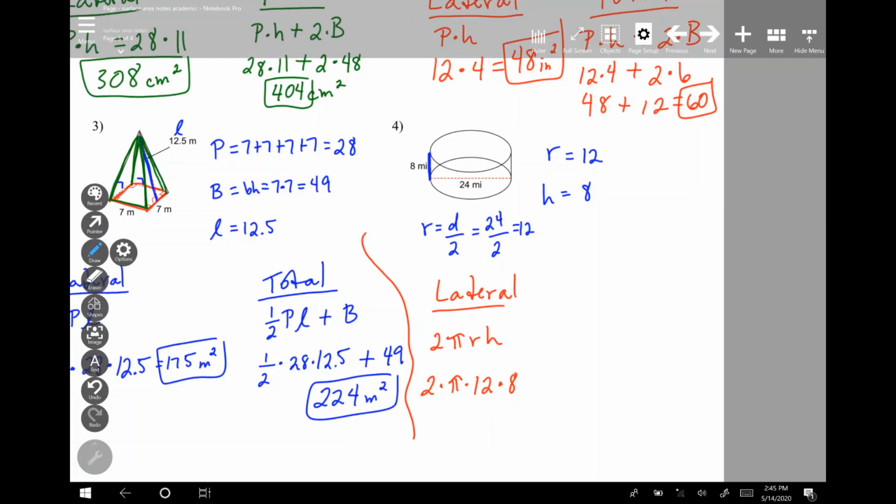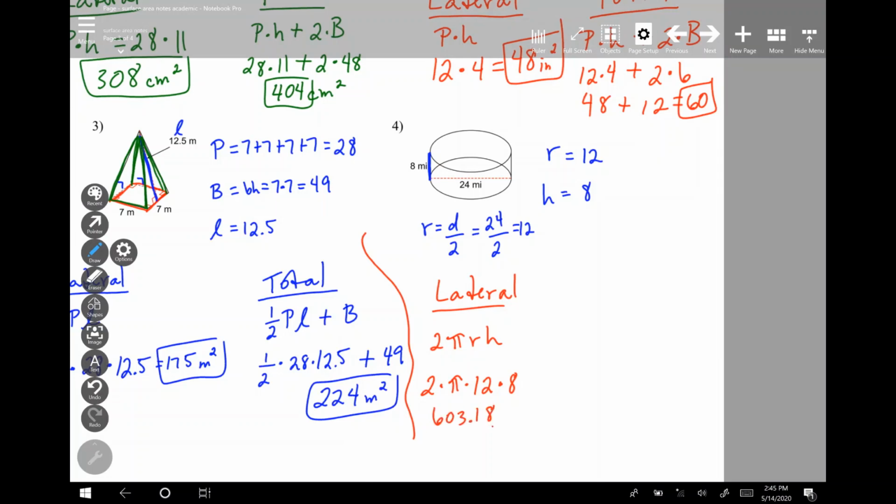So let me get this in the calculator, sorry. So 2 times pi times my radius, which is 12, times 8. So I get